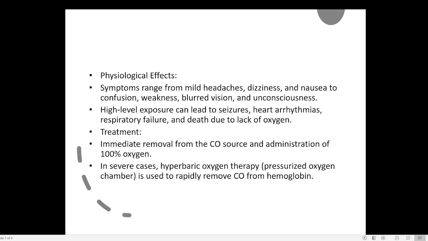So what can we do? Immediate removal of the carbon monoxide source. For example, if you are getting this carbon monoxide from some fire source, immediately remove the person from that area and administer 100% pure oxygen. Normally, the air we breathe contains only about 21% oxygen. But in the case of carbon monoxide poisoning, hospital doctors supply 100% pure oxygen. And that 100% pure oxygen, especially at a higher pressure, can immediately replace the carbon monoxide from